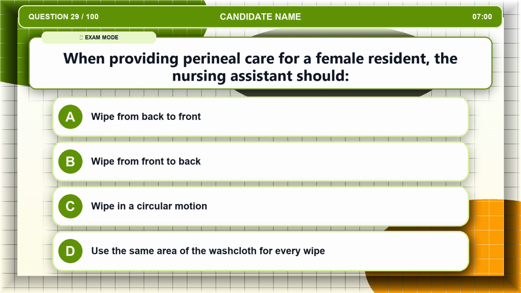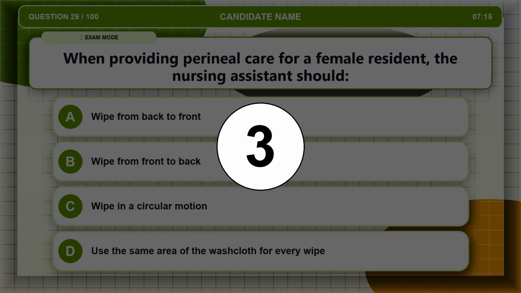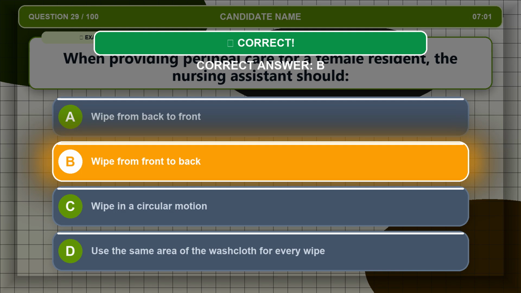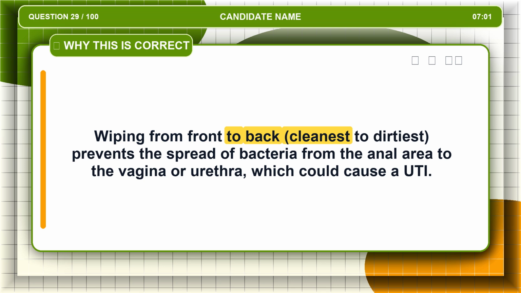Question 29. When providing perineal care for a female resident, the nursing assistant should Option A. Wipe from back to front. Option B. Wipe from front to back. Option C. Wipe in a circular motion. Option D. Use the same area of the washcloth for every wipe. The correct answer is option B. Wipe from front to back. Wiping from front to back, cleanest to dirtiest, prevents the spread of bacteria from the anal area to the vagina or urethra, which could cause